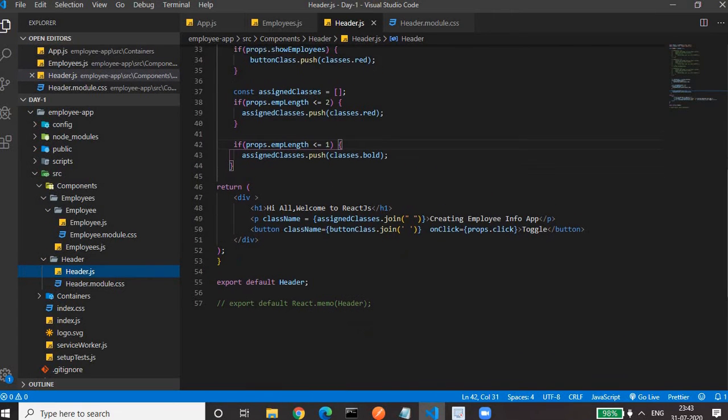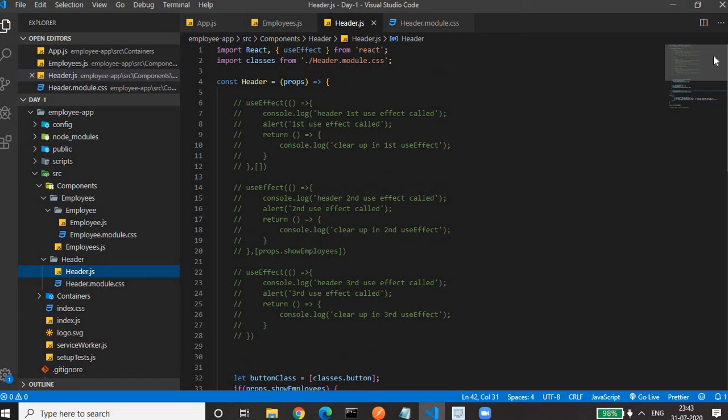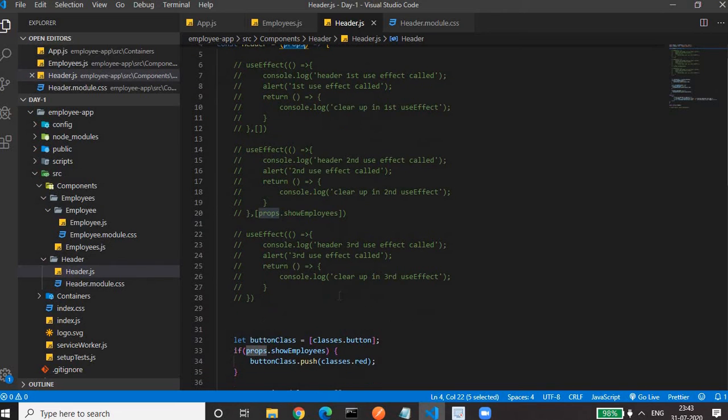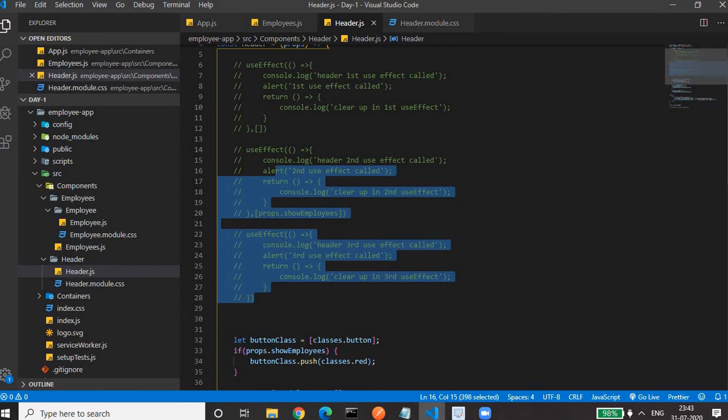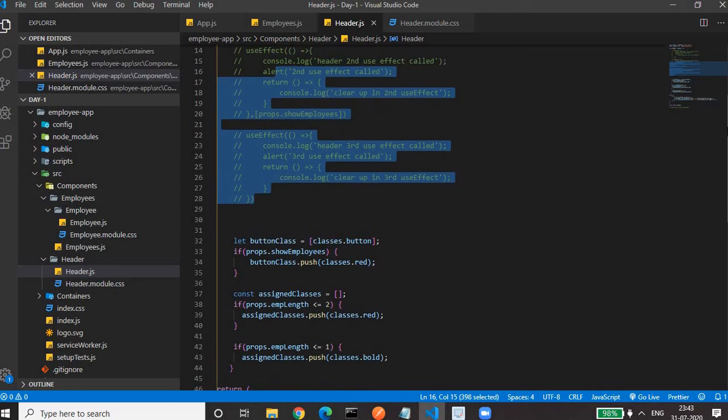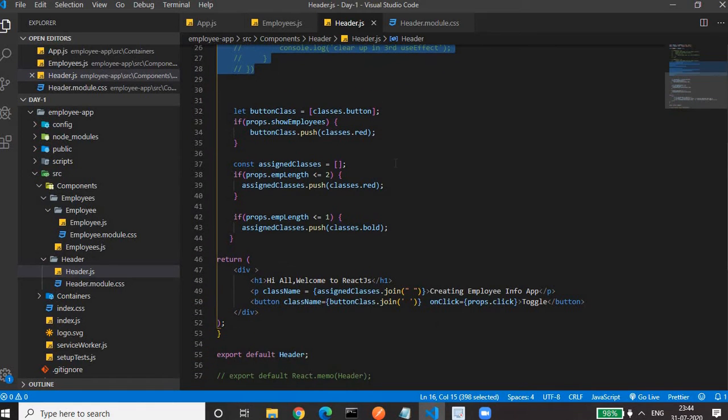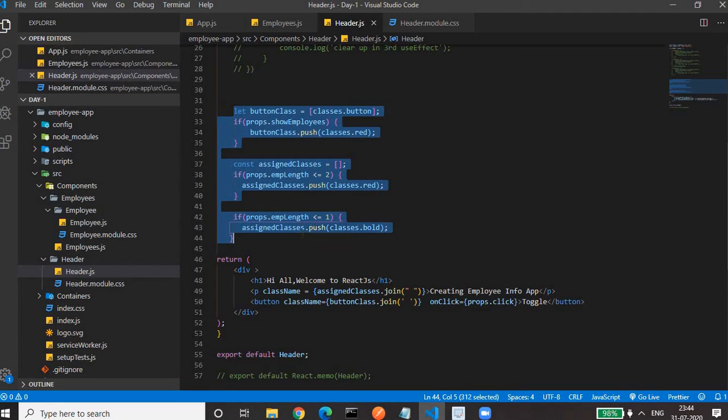This is my header.js. It's a functional component. We are creating the component using a function, having a parameter props. The code that we have commented, we will come to that later, don't worry about that. Then this is the code which was earlier written in the app.js file for setting the class dynamically on the basis of some condition.